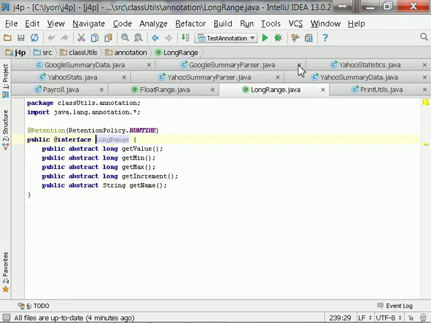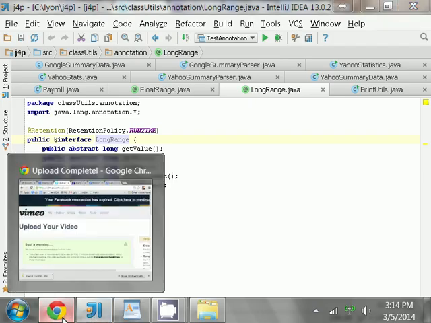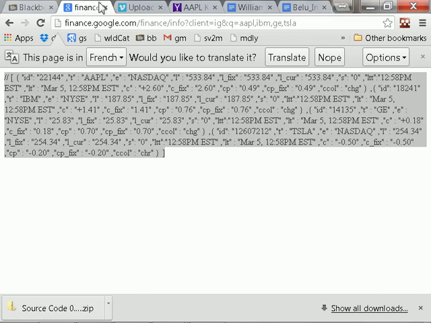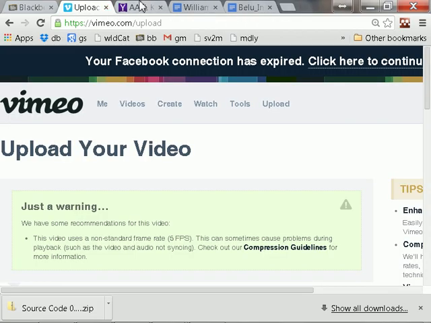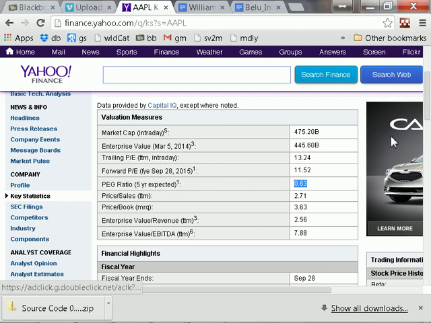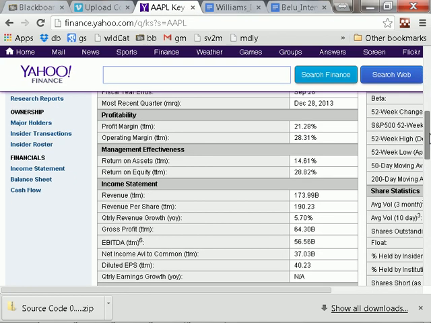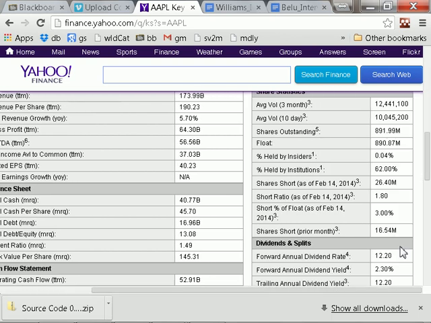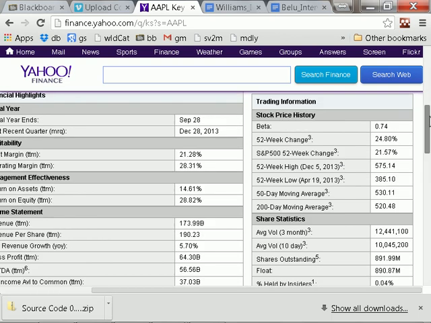So now let's get back to my little Yahoo Finance problem. Here are all these wonderful fields. How many fields are there? Well, I don't really know. Lots and lots of fields. But when I go to the key statistics and I look at all the fields in this row, and then I look at all the fields in that row, and then I find all the fields everywhere,